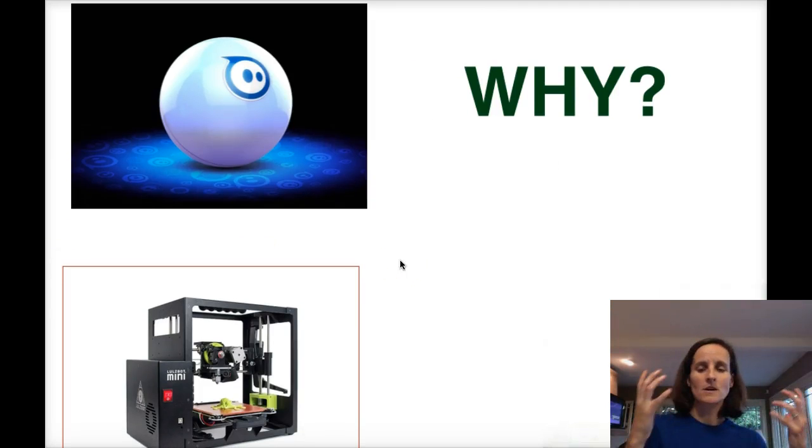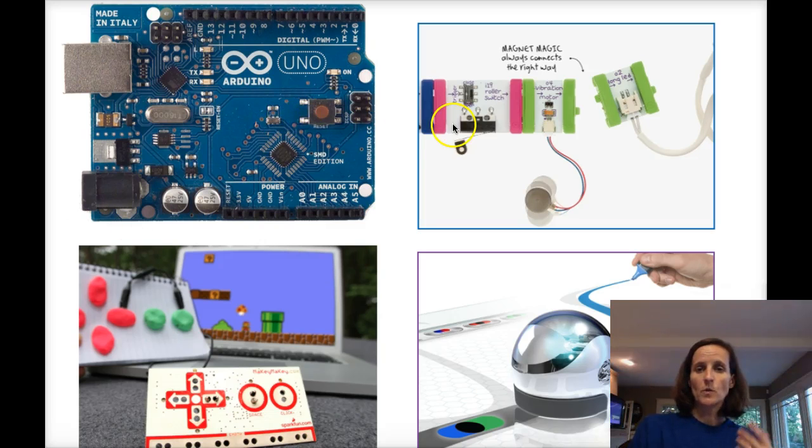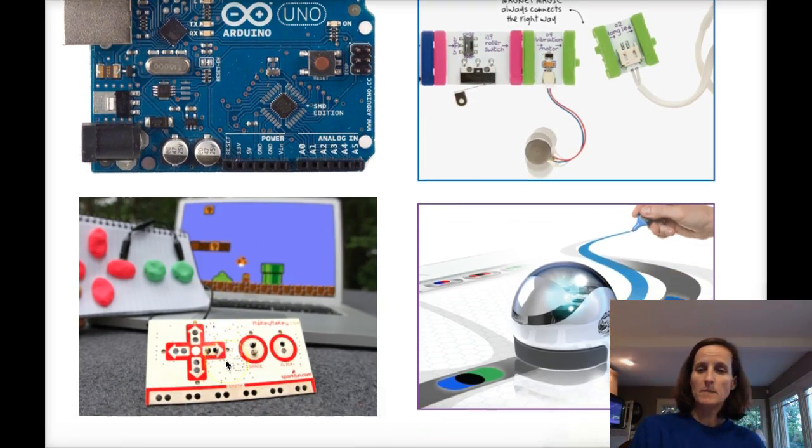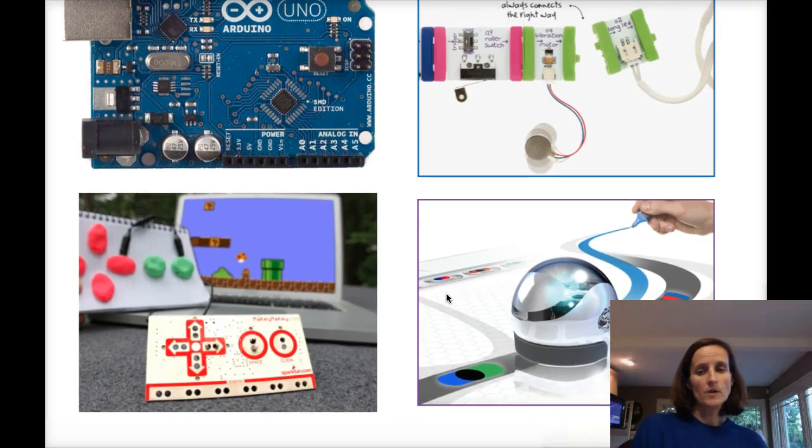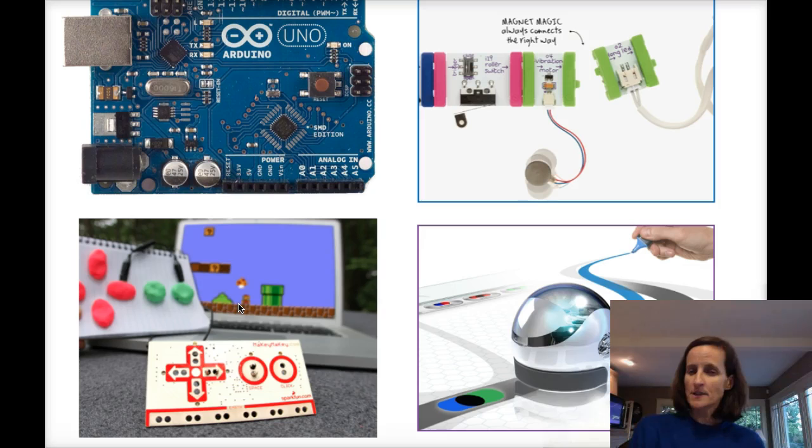My whys are overwhelming. Number 1, through the great generosity of parents, we have this new maker cart with so many wonderful things on it that we can use to investigate science. We have 2 3D printers this year. We have 3 different kinds of robots on the cart. We have Arduinos, we have Littlebits, we have Makey Makeys, we have Ozobots, we have Bare Conductive,